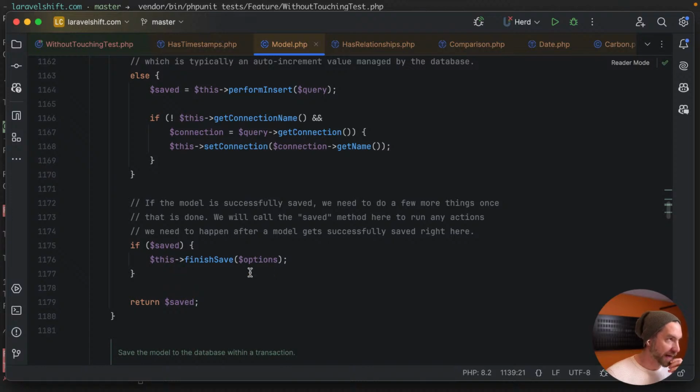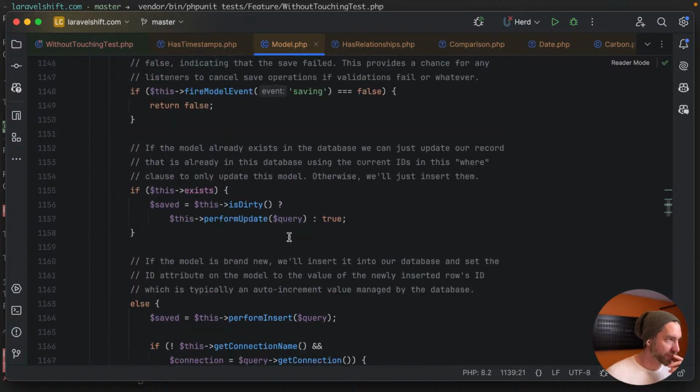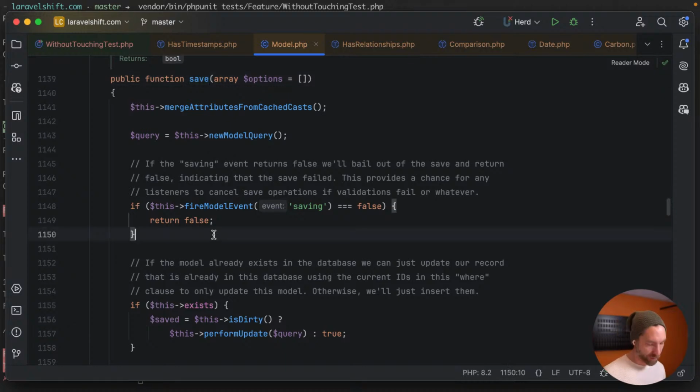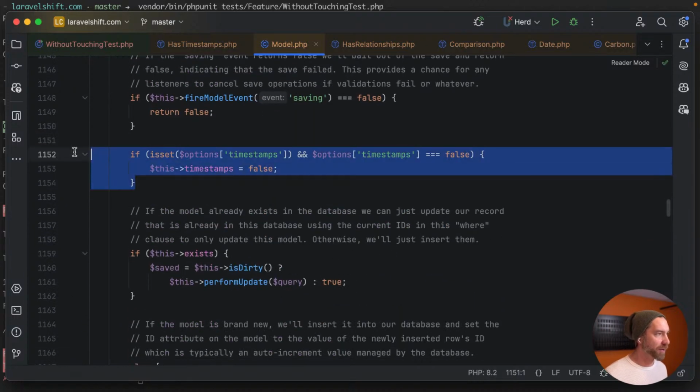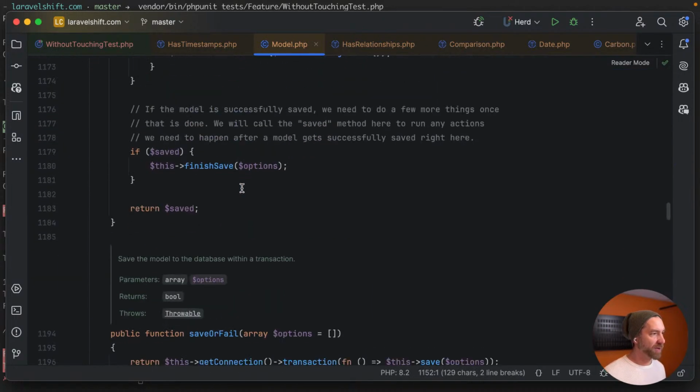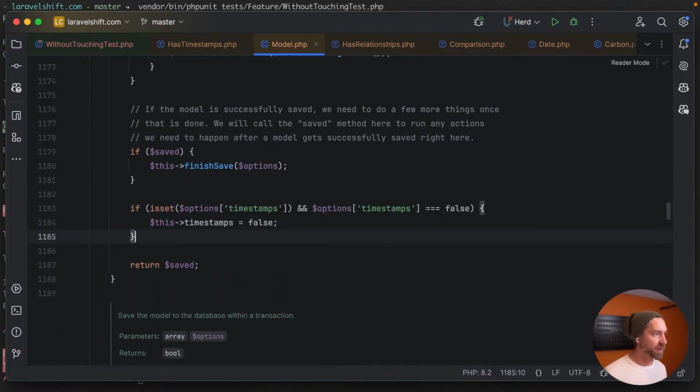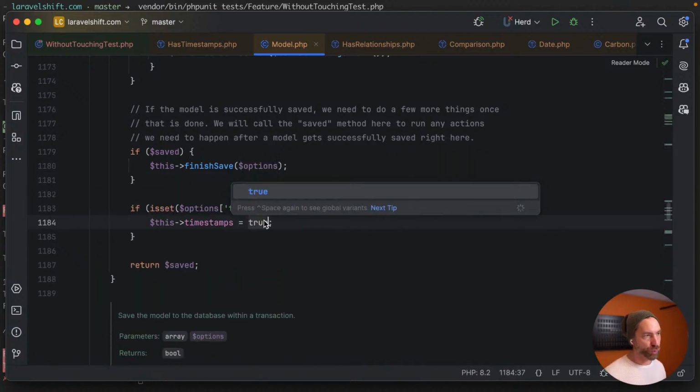Finish save if it actually was saved, and return saved. So we would put this in here. We could do their fancy little thing here, just leave it alone. Who cares? This timestamps is false,